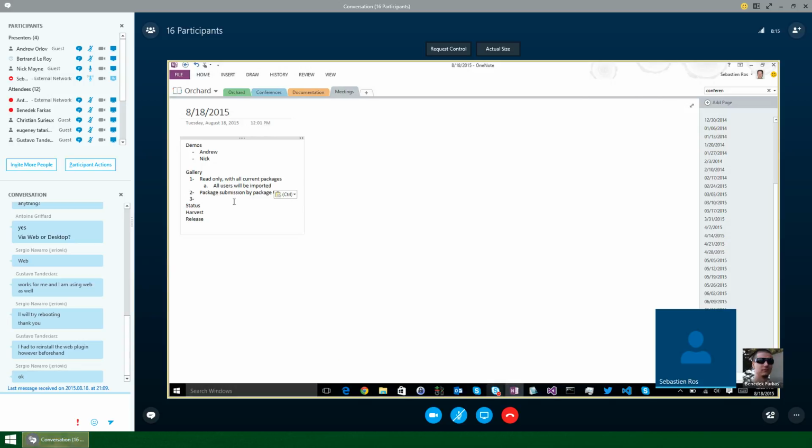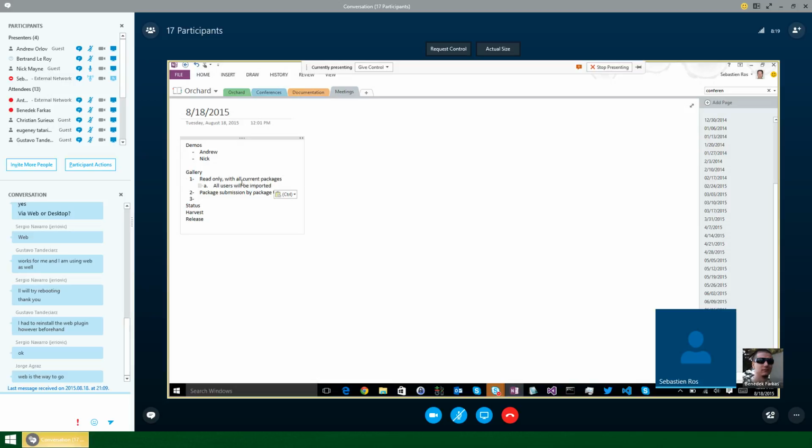Okay, nothing. So I want to just ship the read-only version just to have something which is not shameful, like HTTPS exploration, because with a new website I will be able to use the certificate that we have. Package submission by package URL, and then all other features like package submission on Git repository,